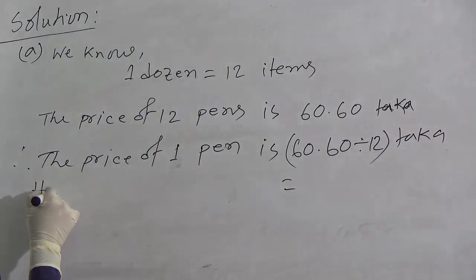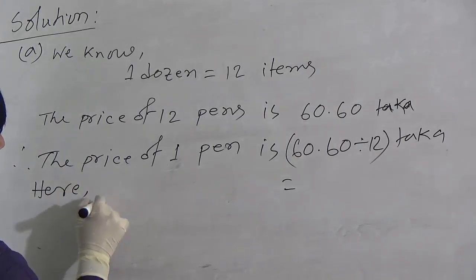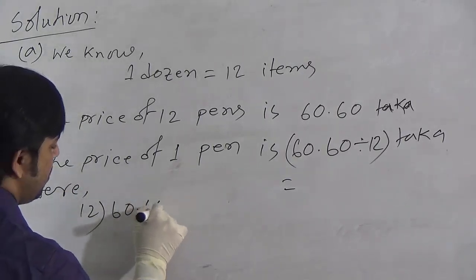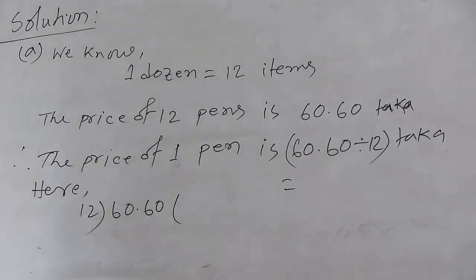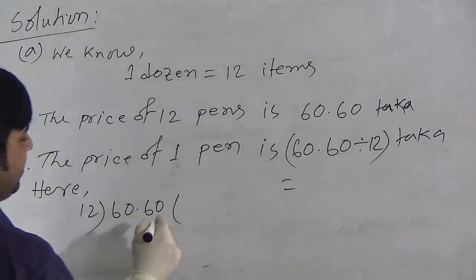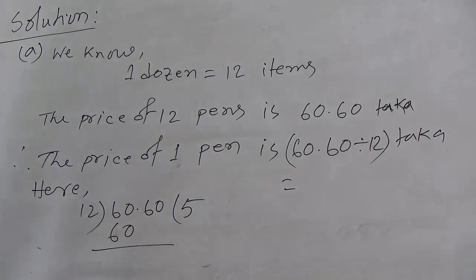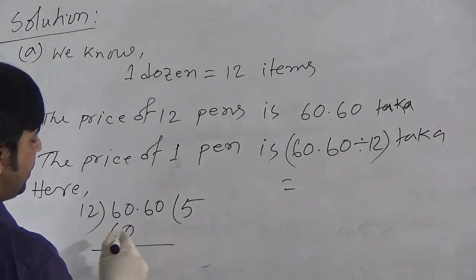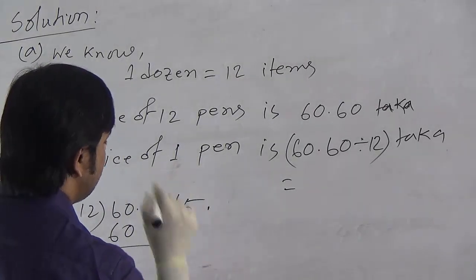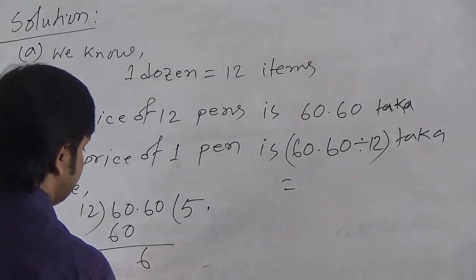Now I will show the division. 60.60 we have to divide by 12. As the divisor is a 2-digit number, we have to consider 2 digits before the decimal at first. Here the 2-digit number is 60. This is greater than 12, so we can say the times table of 12. If we take 5 times, 5 12s are 60. Now if we subtract, nothing remaining here. So we have to take the next digit. If we want to take the next digit, at first we have to put a decimal in the quotient. Then we can take 6 here.